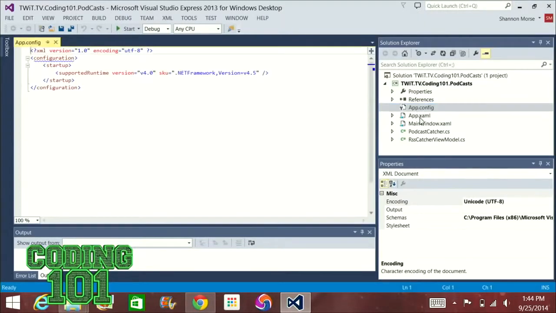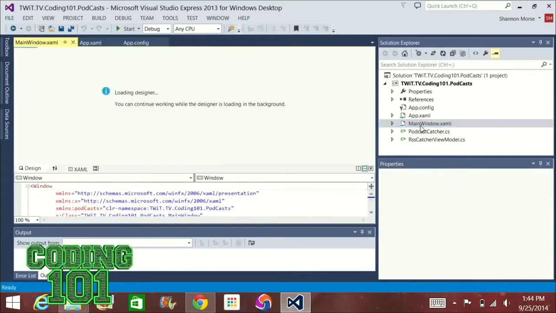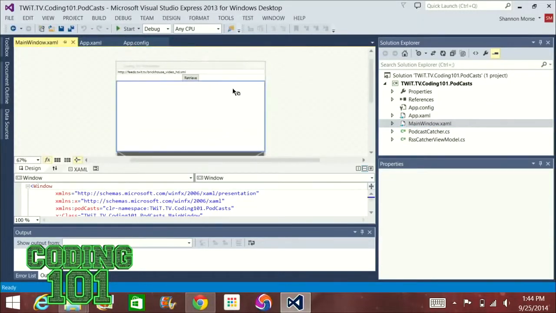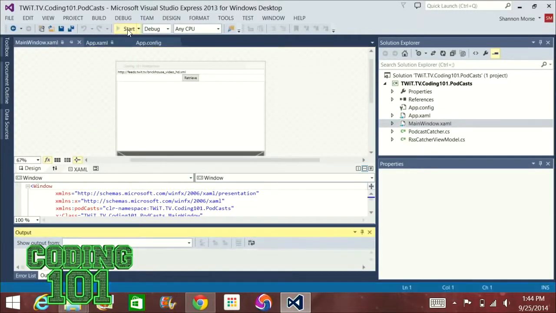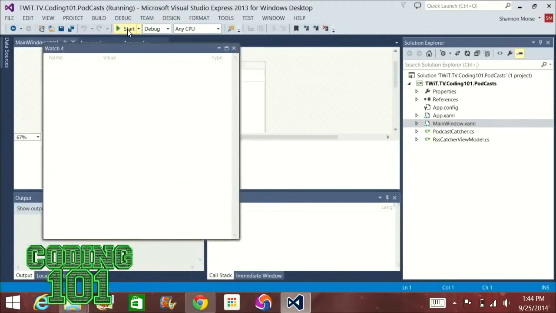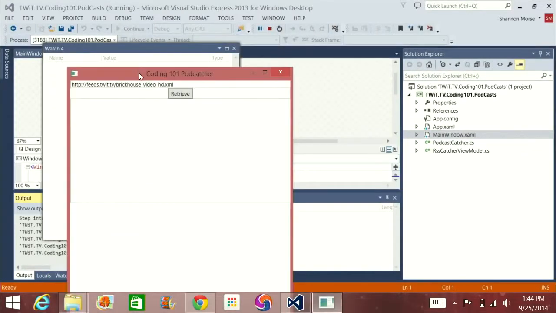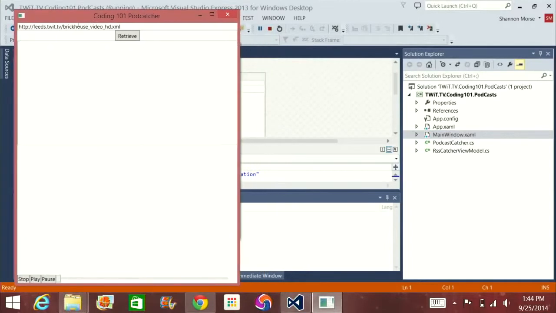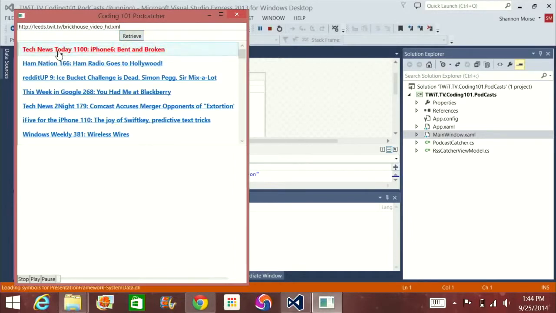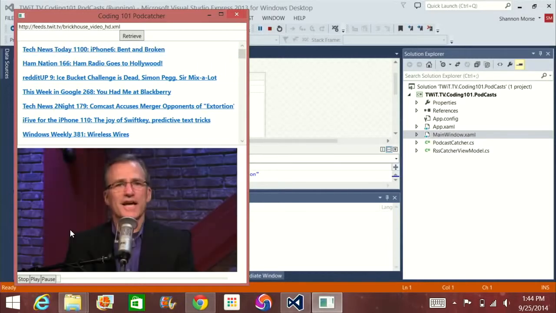So we have the regular code throughout here, and then down here is the main window. So this is what he changed. Now I'm going to go ahead and run it for you so you can actually see his changes compared to what Lou showed us last week. He changed this up at the top a little bit. He made the lines a little bit more narrow so you can fit a lot more information down here. When I hit retrieve, he has everything centered over to the left side as opposed to just centered down the middle. And then when you click on one, you'll notice down at the bottom,